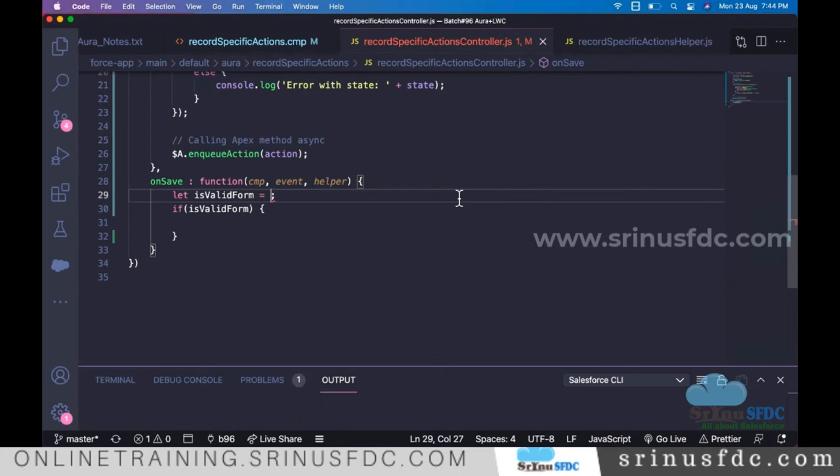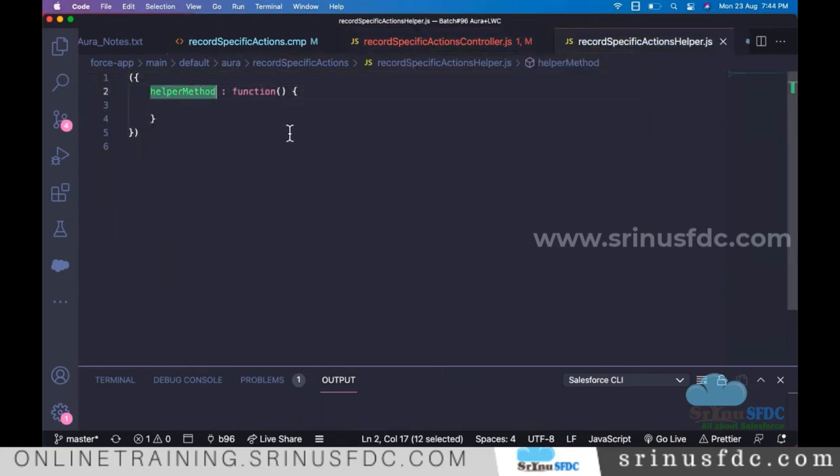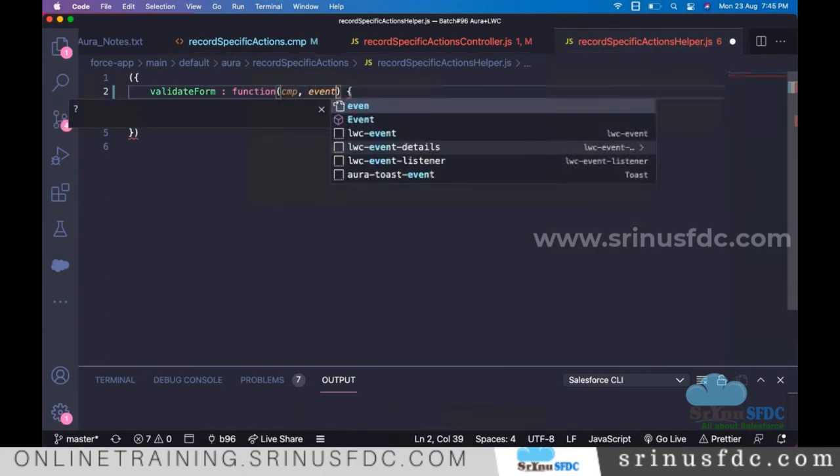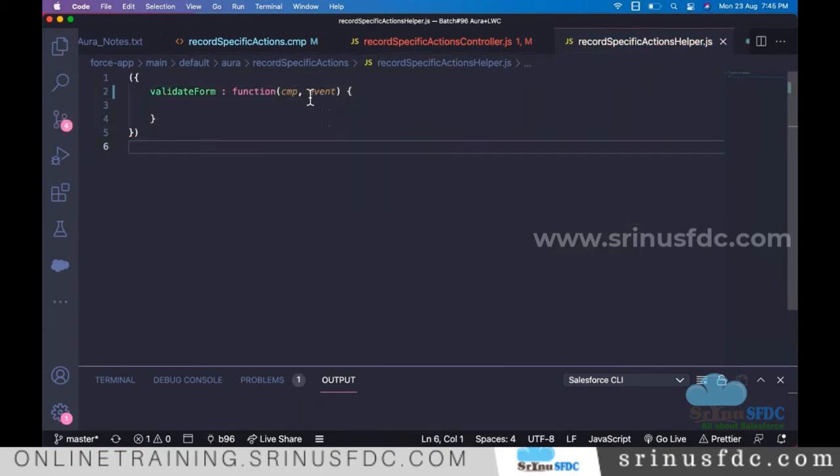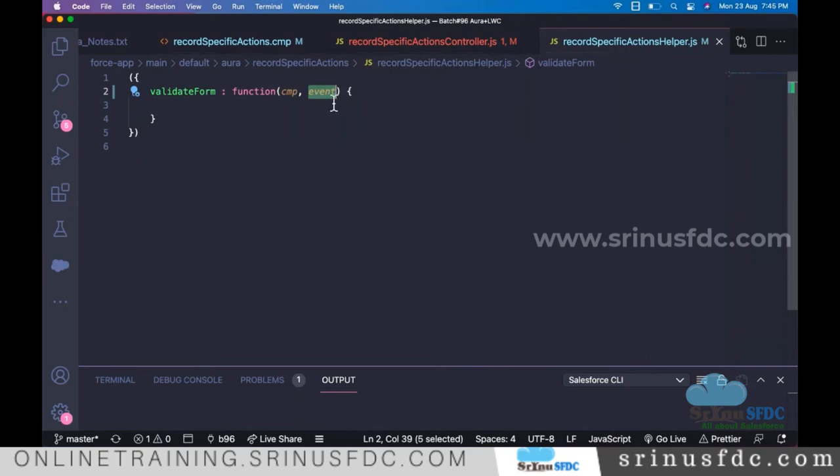So let's say here in the helper, I'm going to keep a function validateForm, and it is going to return either true or false. Into this, I'm supplying the component and the event information. If you are not using the event, you can also remove it and only supply the component, right?